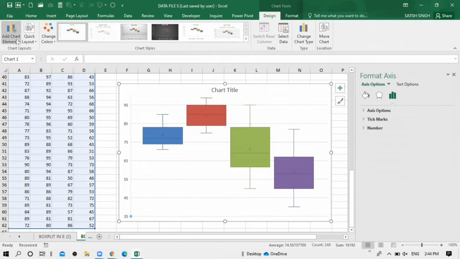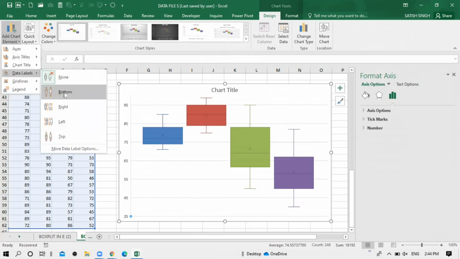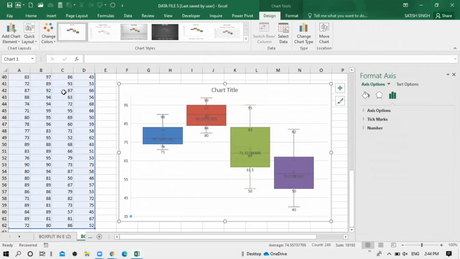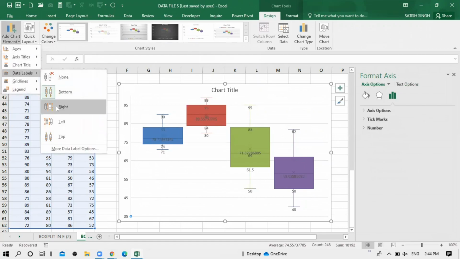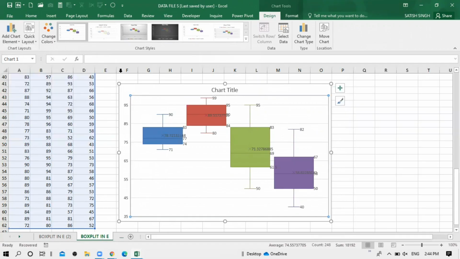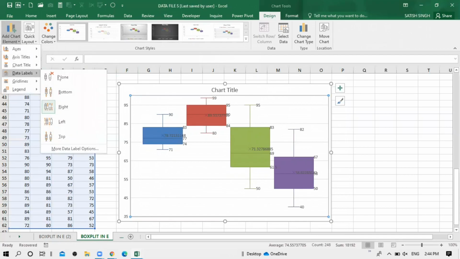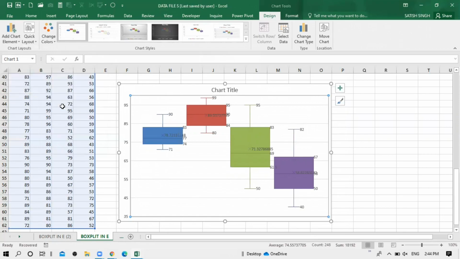And then go to chart titles, add chart elements for data label. This is data label, and if you want to take data label to the left or right, so that the mean is also visible clearly, this is what you can do. Let's go again, and by adding, looking into data labels, here we have all values. Then you can increase the size,